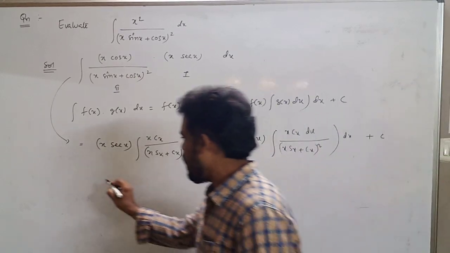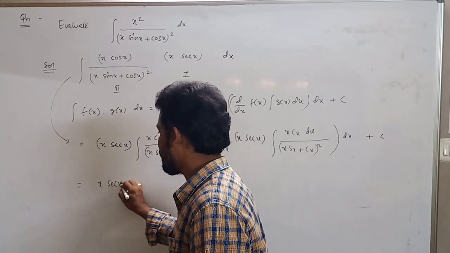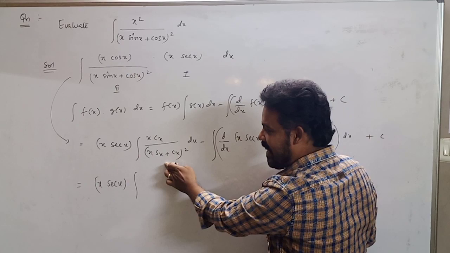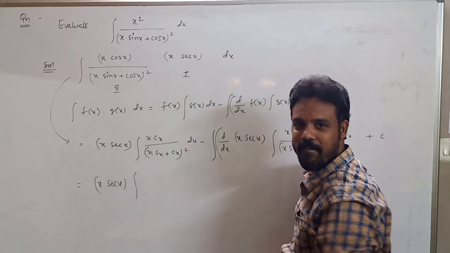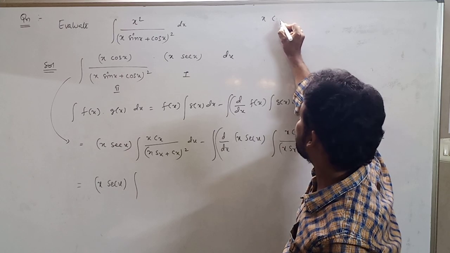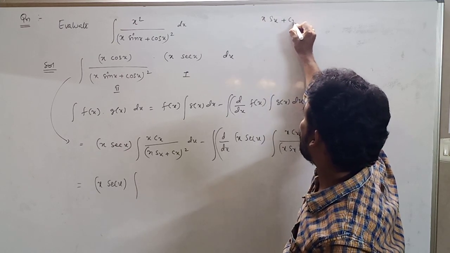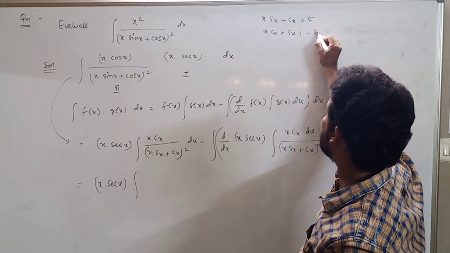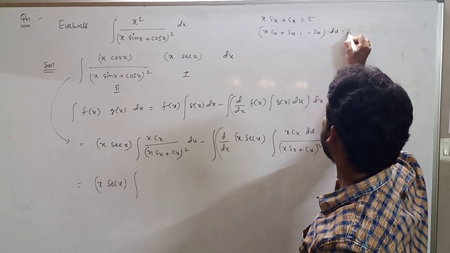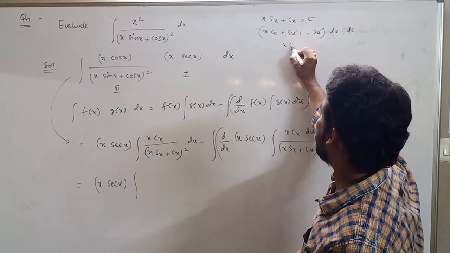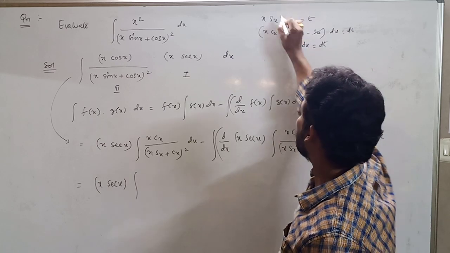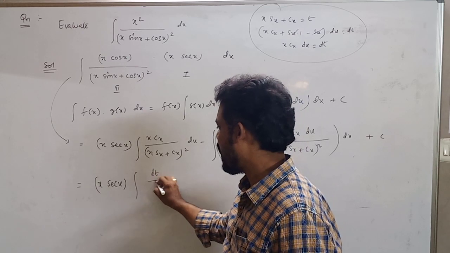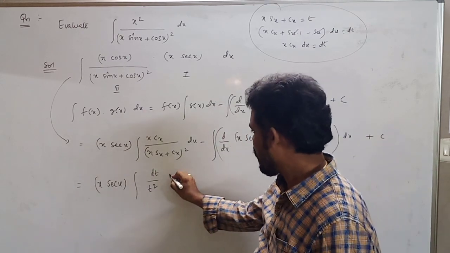Now my dear students, this is x secant x. I told you before, if this is t, I keep it as t, this whole becomes dt. See, x sin x plus cos x is equal to t, then x into cos x plus sin x into 1 minus sin x, whole dx is equal to dt. Again I'm telling you, these two get cancelled. x cos x dx is equal to dt. You should remember this. Now this is what? dt by t square. Again I'll write after that. Minus